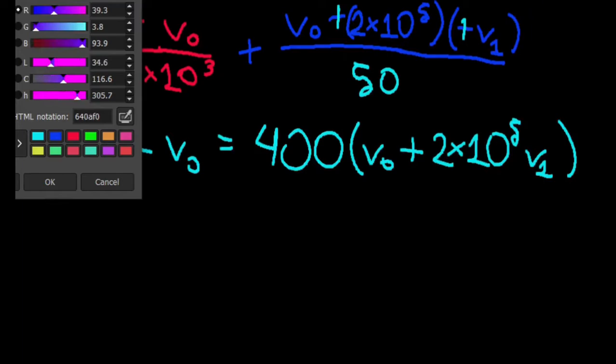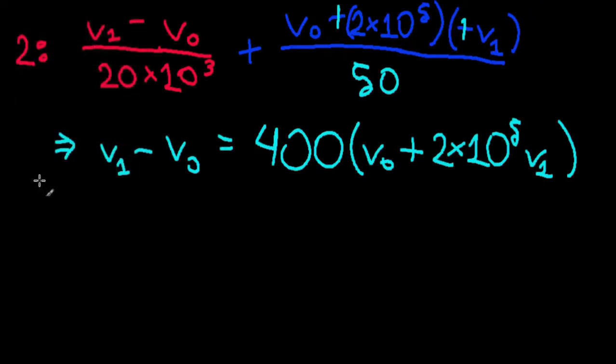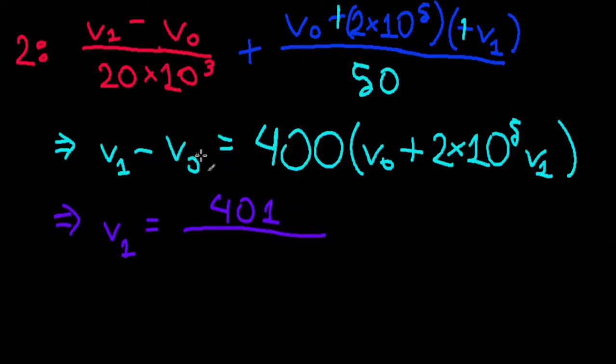Okay, so that's what we're going to do. We should express V1 in terms of V0. So V1, if I do this pretty quick, the factor here is going to be 401. So you have 401 on the numerator, and in the denominator you have